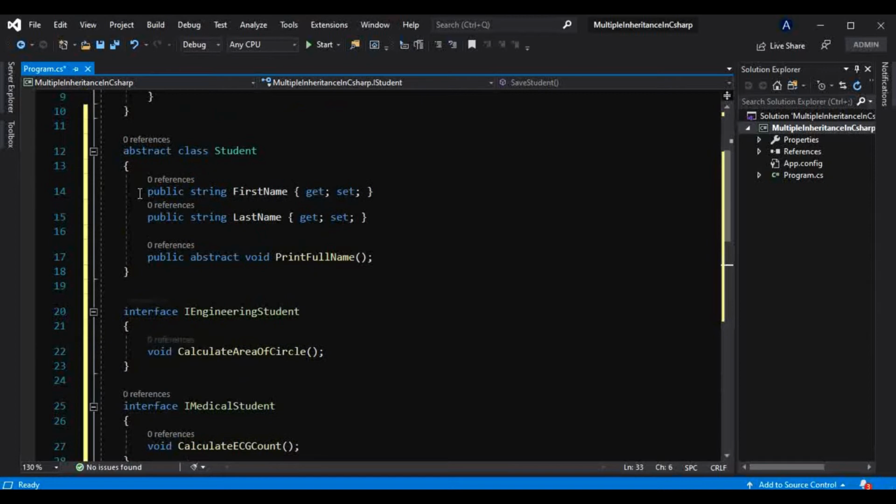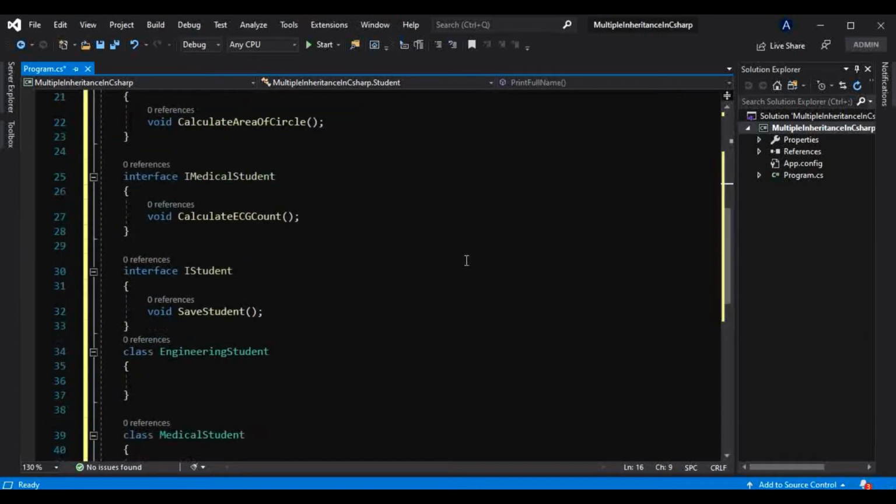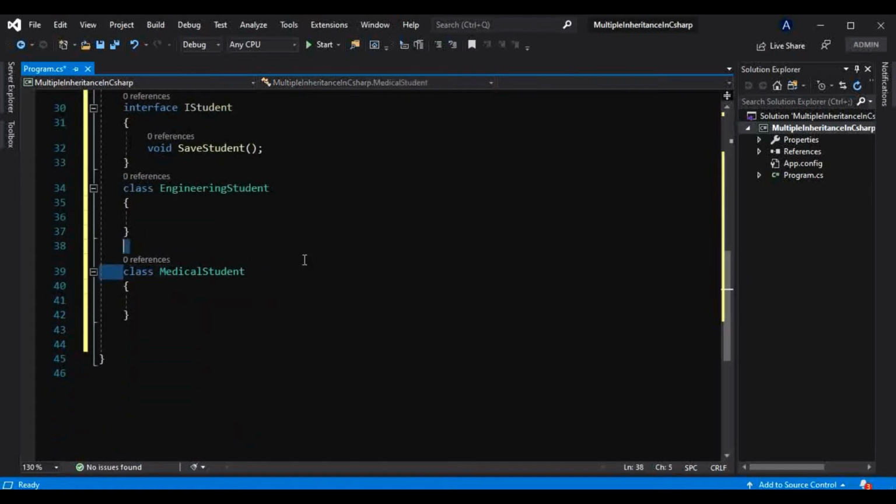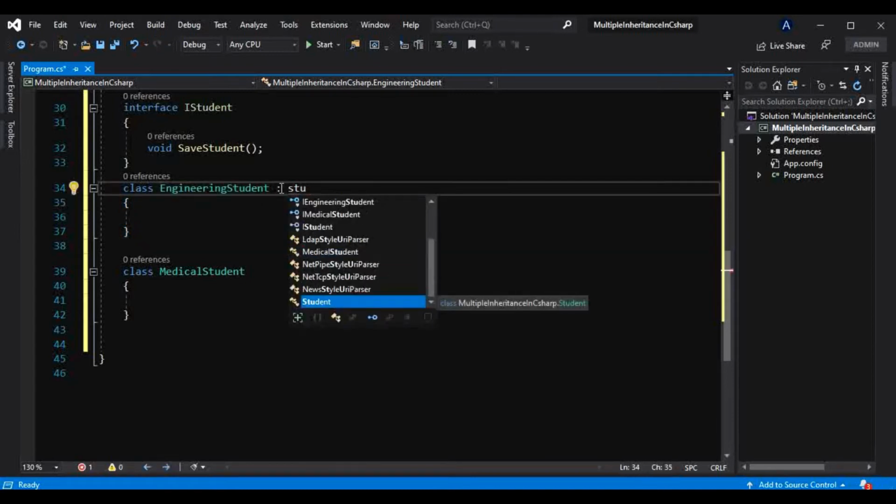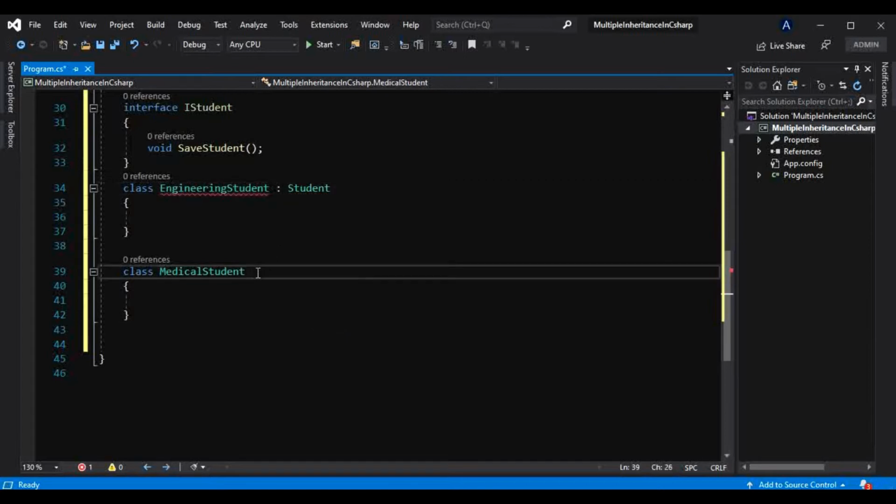Now I need all these properties and this method in both these classes, that is the engineering student class and the medical student class. So I will make both classes inherit from that abstract class, that is student, like this.